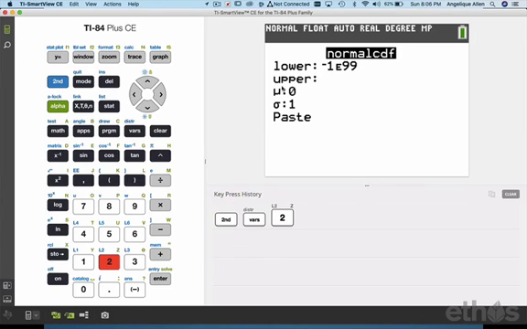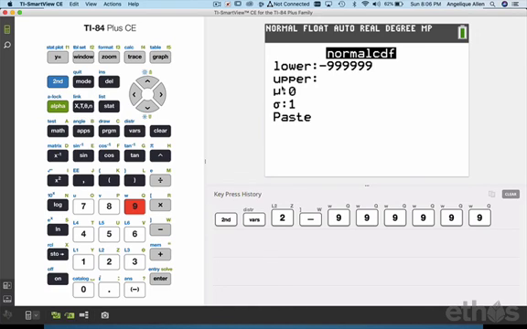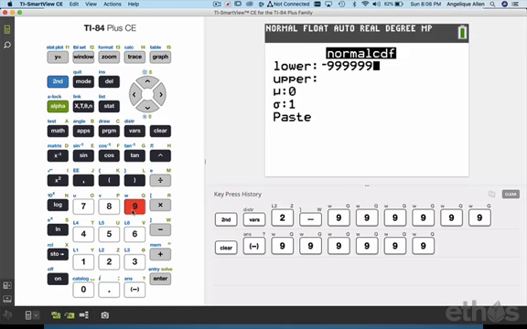Okay, the lower limit, since we're doing less than z, the lower limit is on the left side, which is negative infinity. And notice how they've got scientific notation here, -1 times 10 to the 99th power. Well, that's not negative infinity, but it's really close. You could also just do like -9999999. Okay, and in fact, don't make the same mistake I just made. Don't use minus for negative, use this for negative. 9999. You do a bunch of 9s. That's the same thing. It's not technically the same number, but a z-score this low is really, really low,